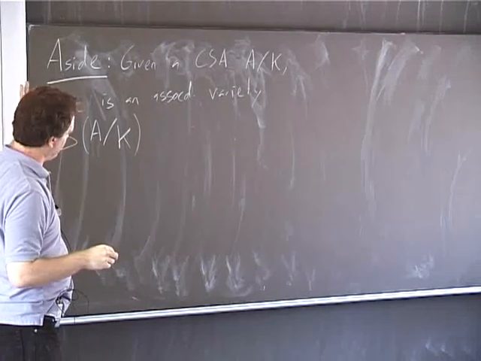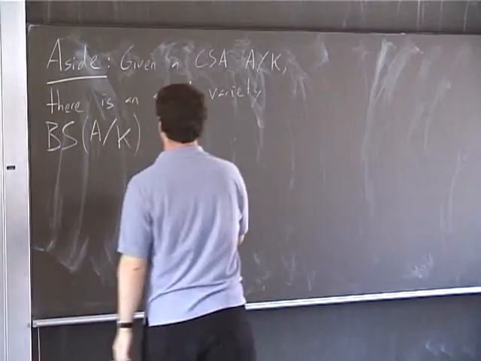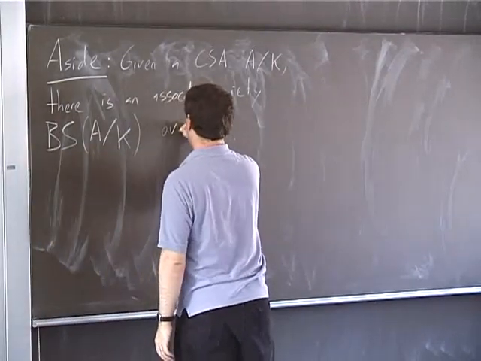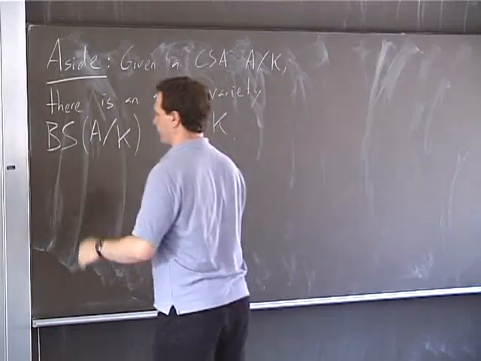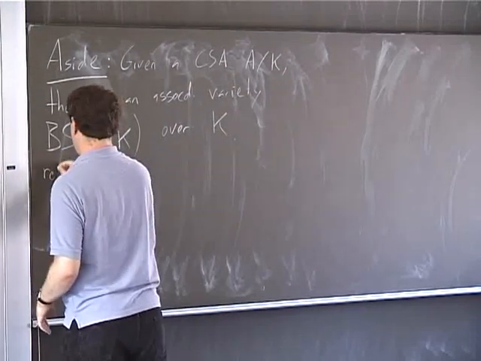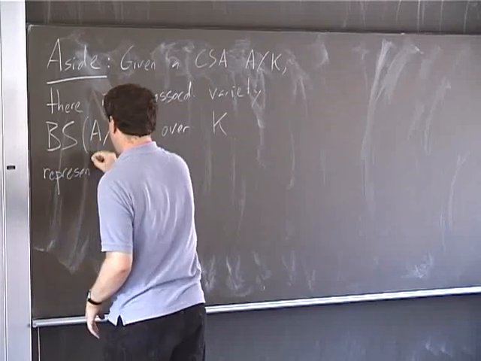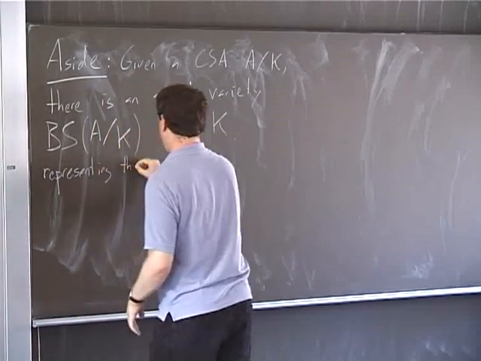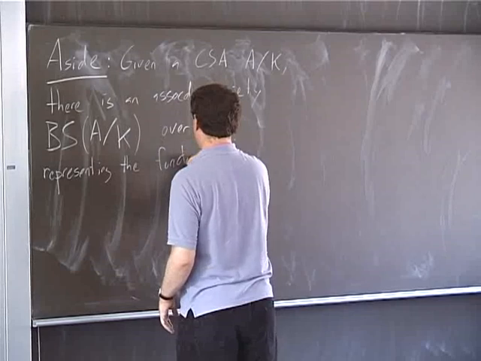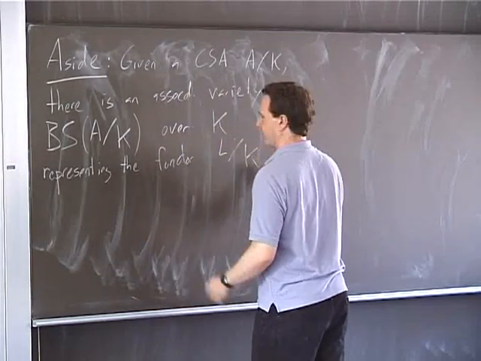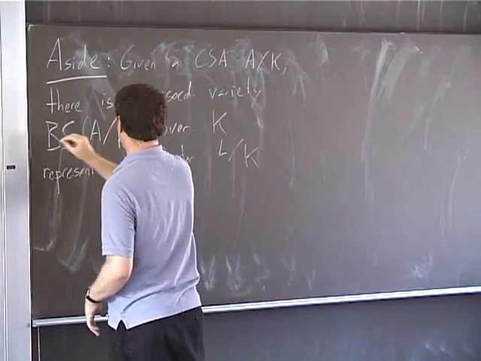There is an associated variety over K, and this represents a functor. What functor does it represent? For every extension L over K,